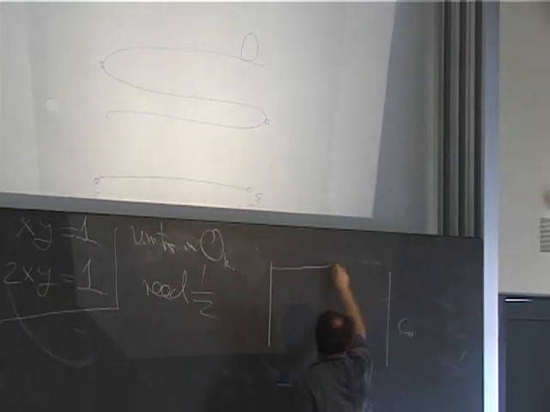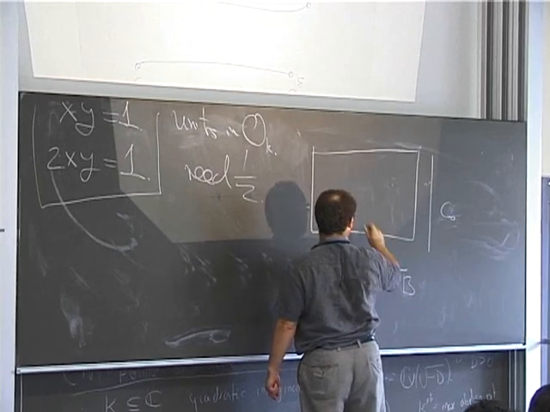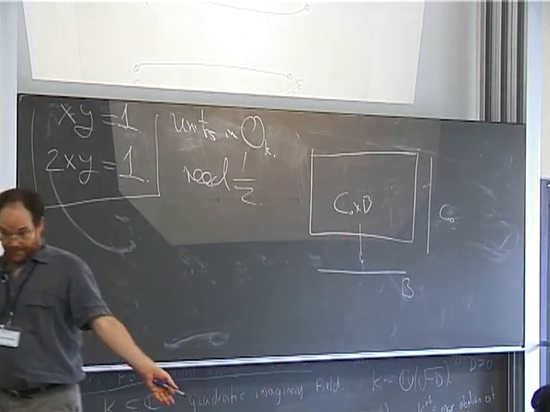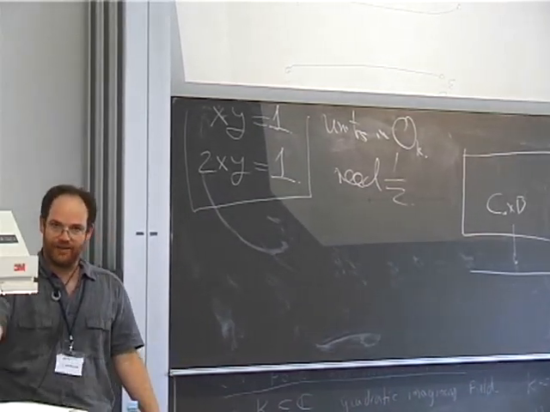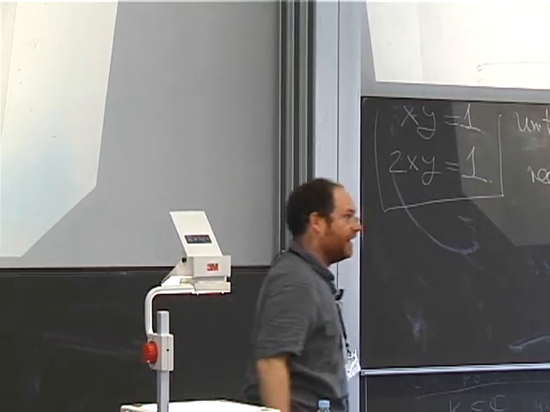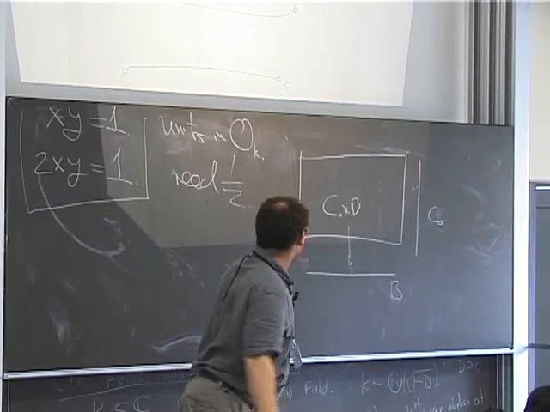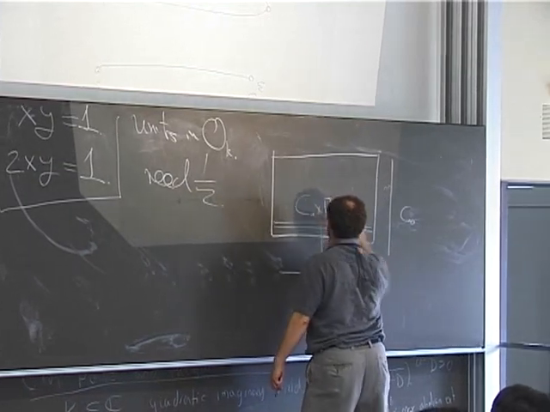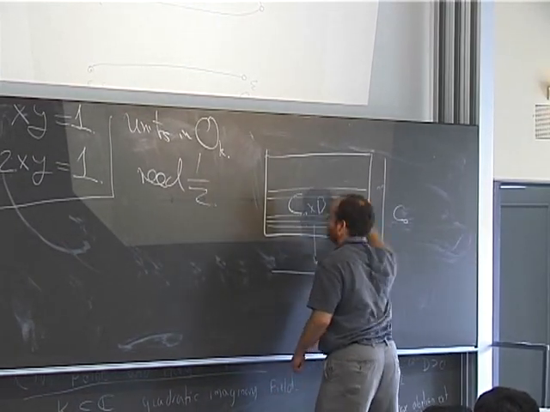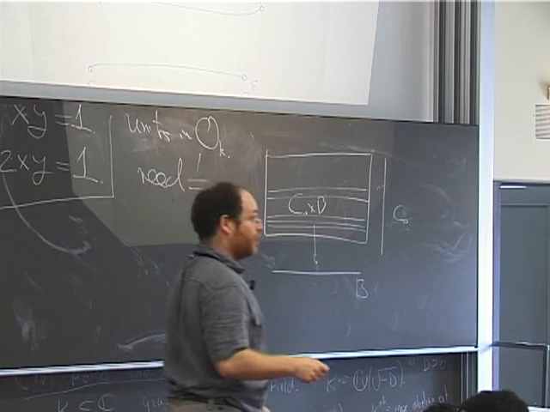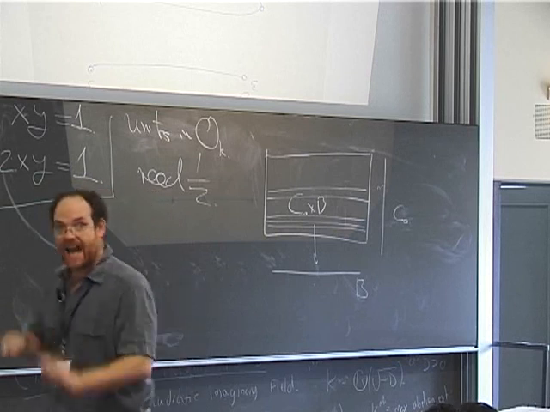Now, here's a curve C naught, and if you have a variety B, you can always form C naught cross B, which maps to B. If C naught has infinitely many points, and I've said B is a complex variety, so any curve over the complex numbers has infinitely many complex points, then there will be many, many points like this, namely the constant points. So what Manin and Grauert actually prove is that, assuming the genus is bigger than 1, there are only finitely many non-constant points. So they prove exactly what you expect to be true.